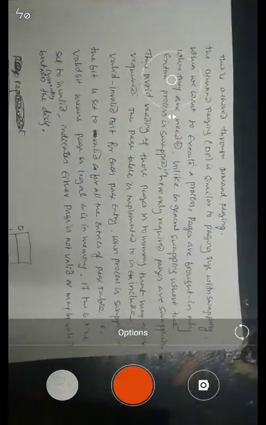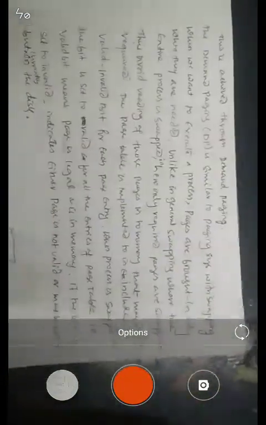What demand paging says here is that demand paging is similar to a paging system with swapping. When we want to execute a particular process, pages are brought in only when they are needed, unlike general swapping, wherein the entire process is swapped out and swapped in.